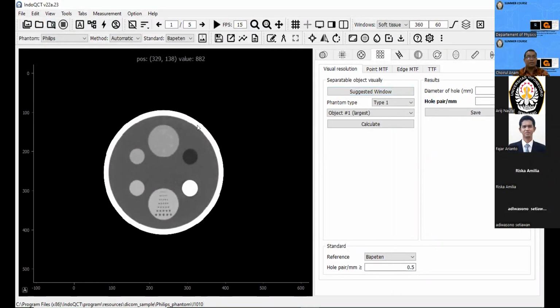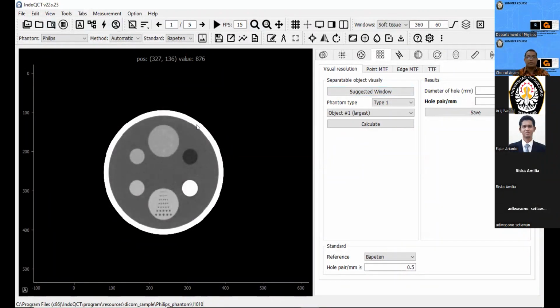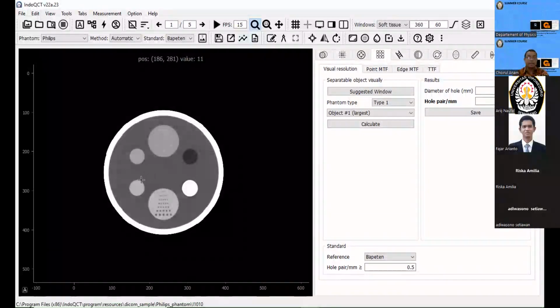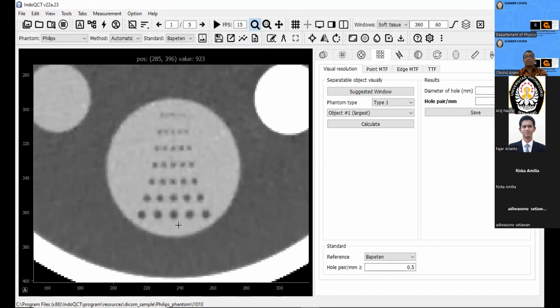For the Philips, the suggested window for measuring the MTF will be soft tissue, and as usual, I zoom in to see the object bigger, like this. Okay, and then we count manually whether the object can be separated or not.